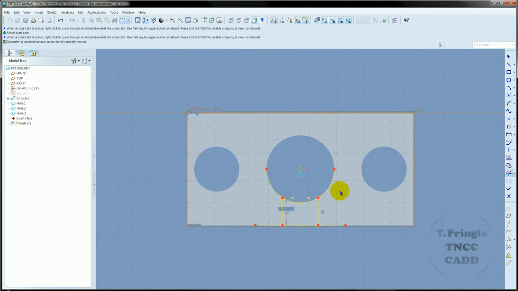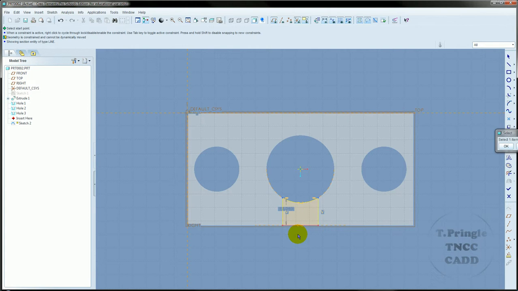Next, I need to delete some segments, so we'll delete all the outside segments for this particular part, and now I have the shading that I'm looking for. I'll place the dimension that I need. In this case it is 20. And now I've got everything fully constrained. I am ready to